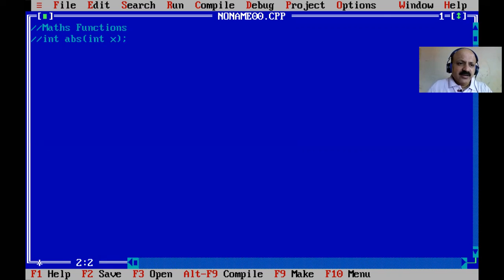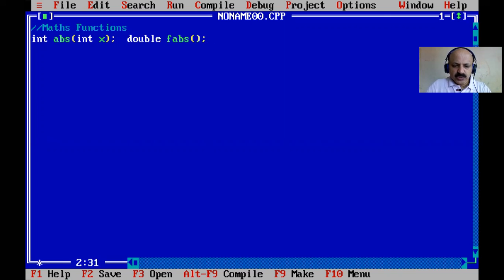For the second function, in this file I first open a comment so we can easily understand. It is double. Double is a keyword, and fabs means float absolute value.